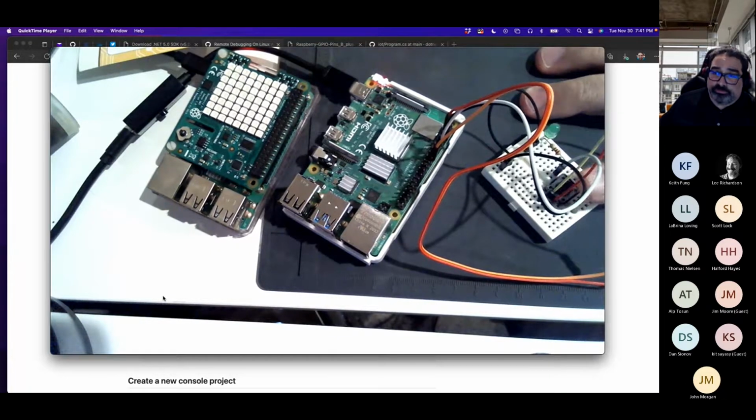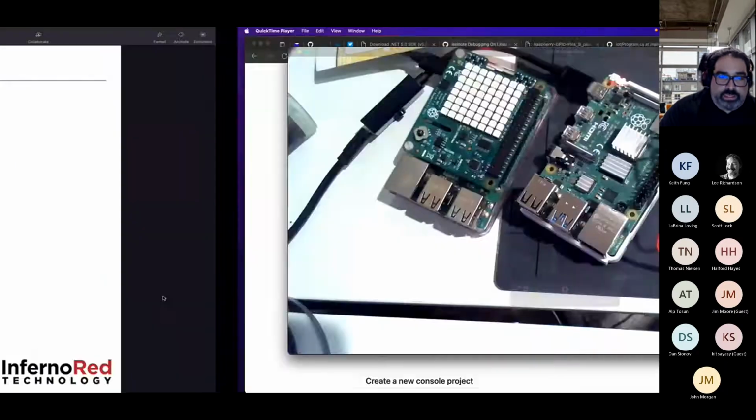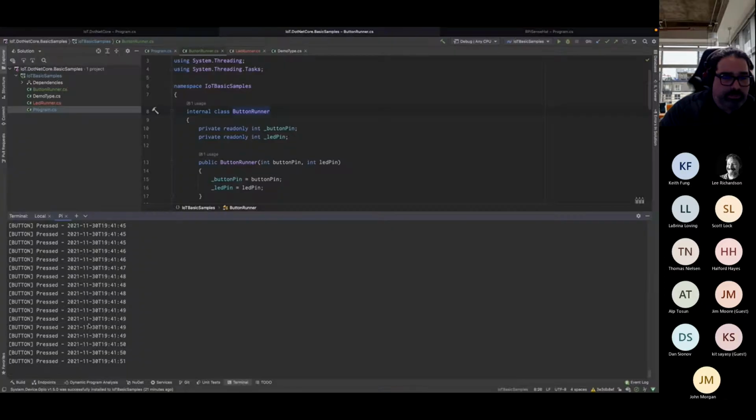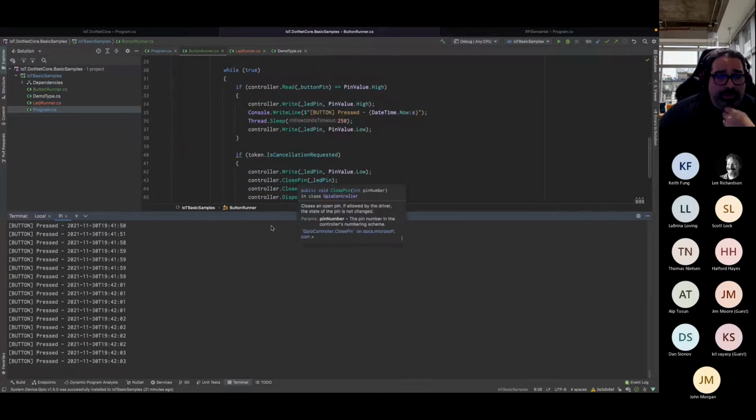So very simple demo, but you would be surprised how many times I got this wrong. So there it is. And as we click, let me go back to the console output. You can see that we're also getting those console write lines that we had in there. I guess the reason I like this approach is that when you're waiting for events, you're going to be flooded with them, and you're going to want to start working with throttles, especially when it comes to buttons. In this scenario, I'm basically controlling the time when I'm looking at the button or caring about it. So I don't really have to worry about that. So there.